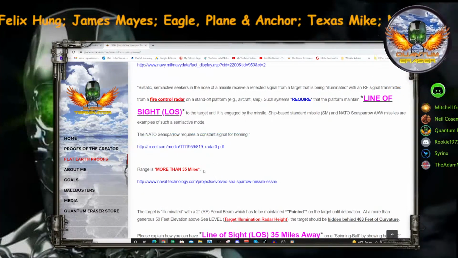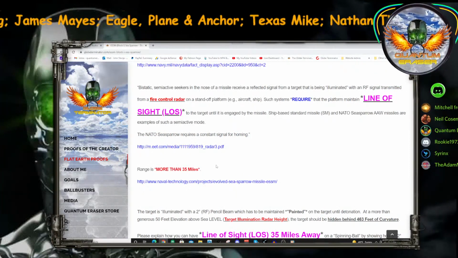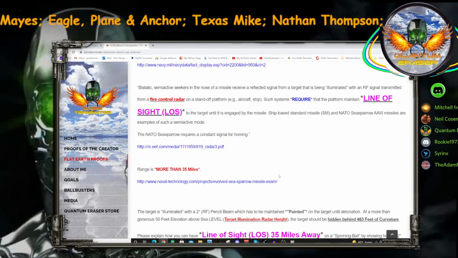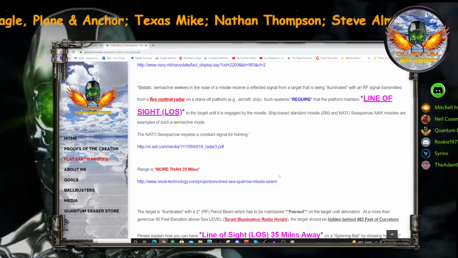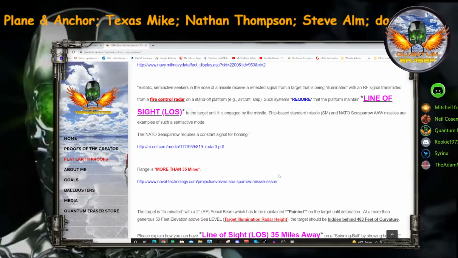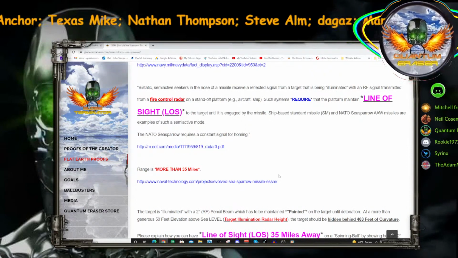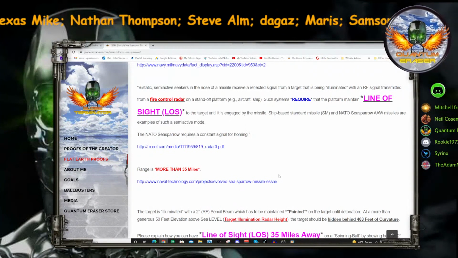Range is more than 35 miles. Here, let me tell you something with this. Ballers, you don't seem to understand this. I know it's probably purposeful ignorance, but it may just be plain ignorance. Okay. You see, when the military gives ranges for their weapon systems, they're going to give you